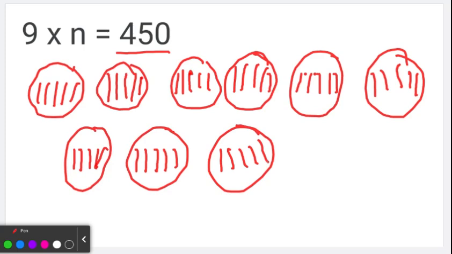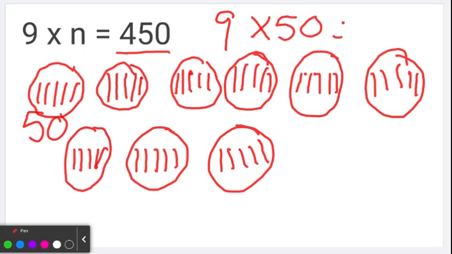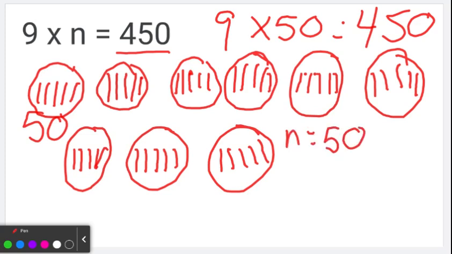Okay, so now we know how many groups there are already. There were 9 groups. And how many tens are in each group? Well, that's 1, 2, 3, 4, 5 tens in each group, which makes 50. So 9 times 50 equals 450, which means that n equals 50. And we can actually check to make sure our work is correct